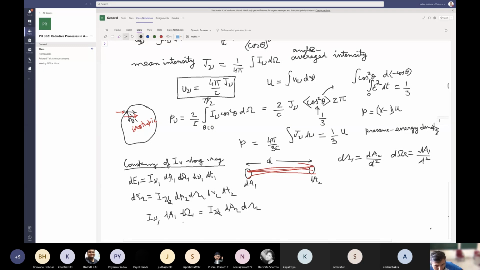So if we substitute d omega 1, that's dA2 by d square, right? And d omega 2, which is dA1 by d square. So this implies the dA, d omega factors cancel on both sides if we plug these expressions in there. So what it gives us is I nu is equal to constant